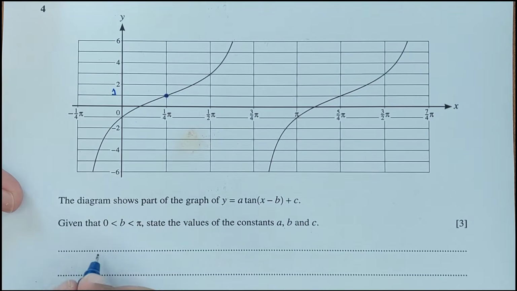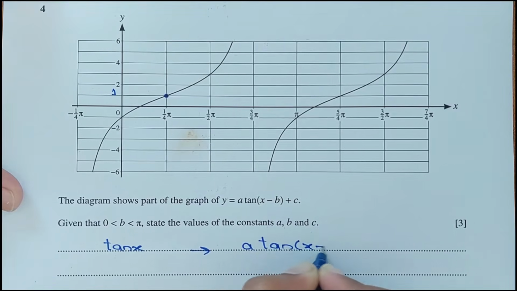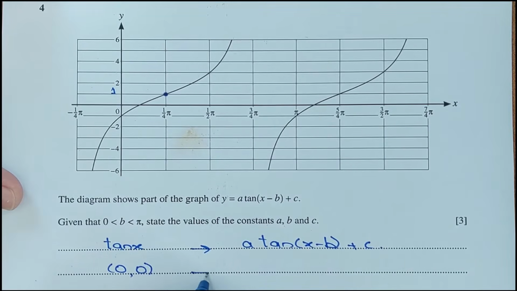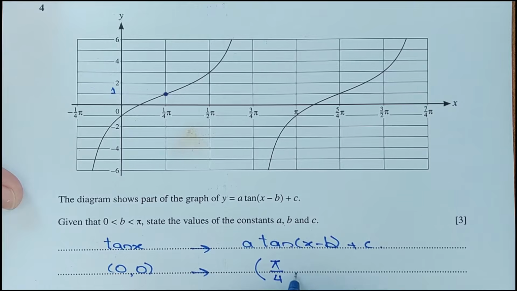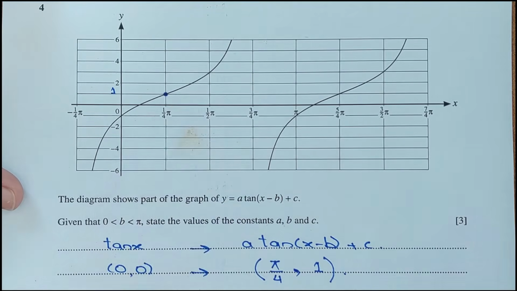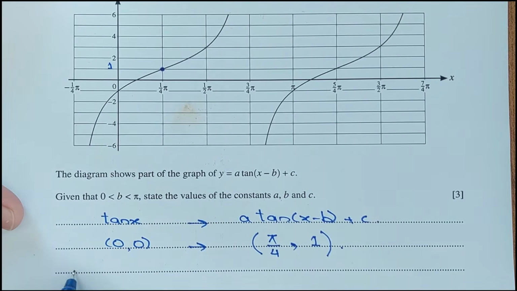Okay, so we can say that the base function is tan x, and it replaces to a tan x minus b plus c, right? So we have a point 0 0 changes to pi by 4 and 1. Okay, so pi by 4, what is pi by 4? Pi by 4 is horizontal translation, right? So what is horizontal translation over here? So b value is the horizontal translation, right? This implies b is pi by 4, horizontal translation,